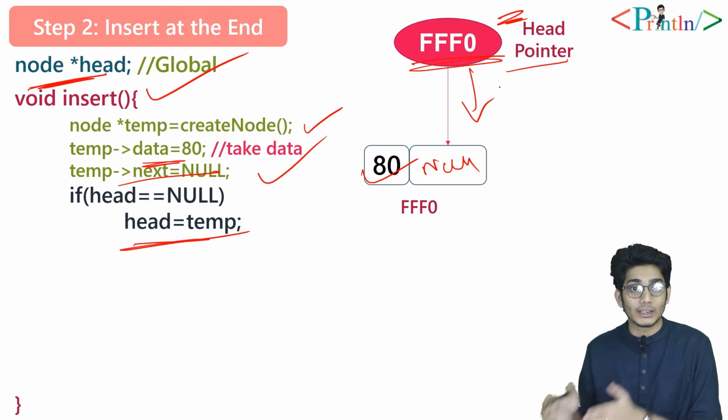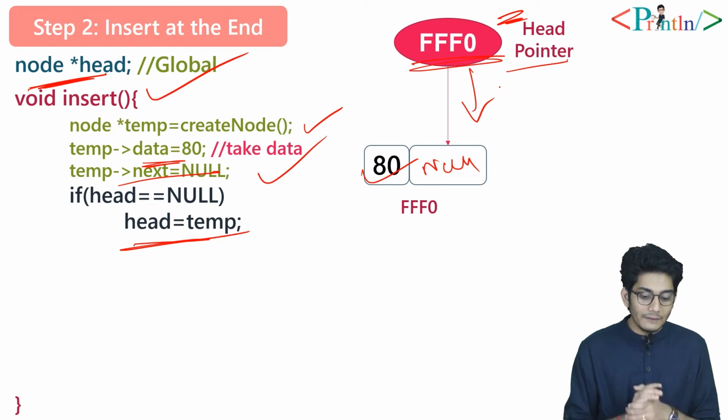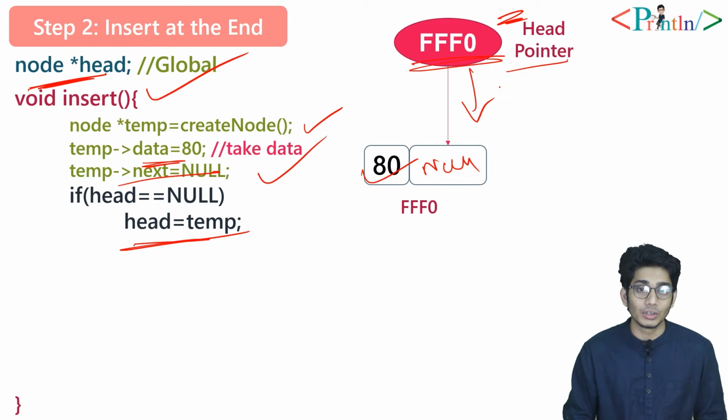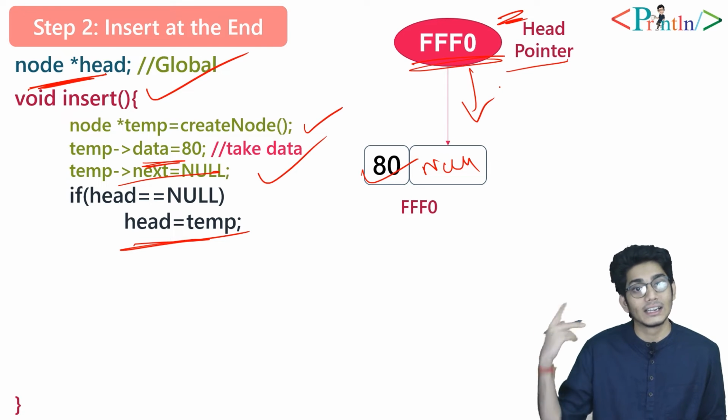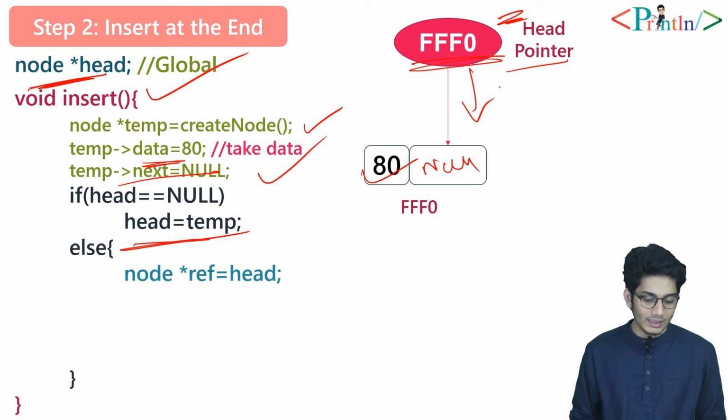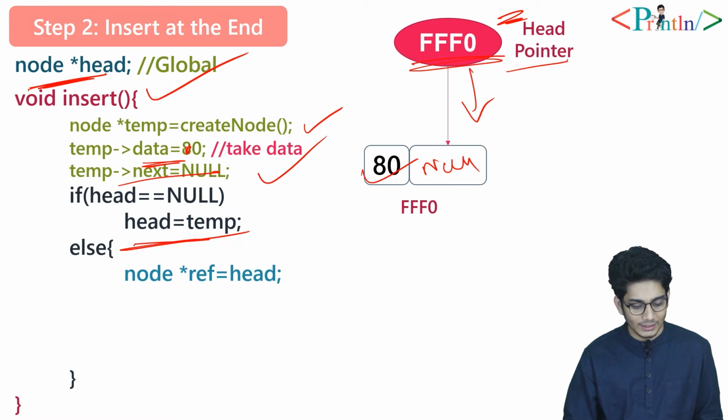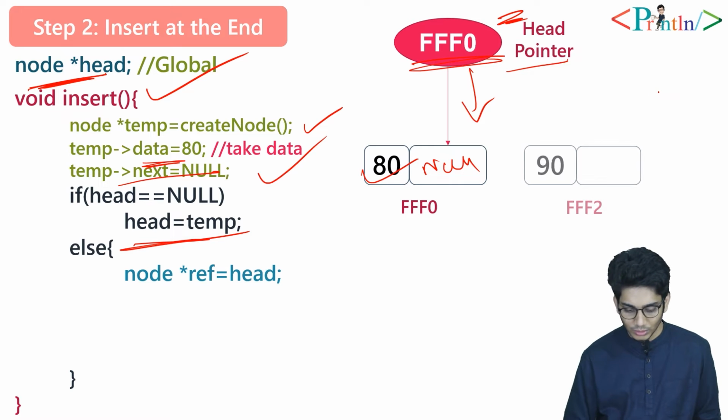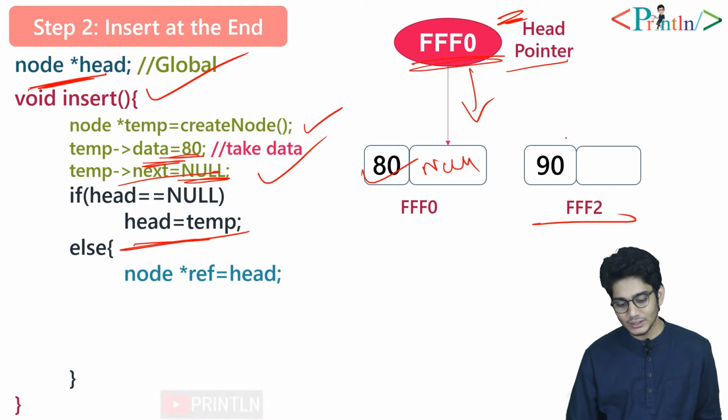In my last video I talked about till this portion. Now if we are trying to add another node, what we need, we have to traverse the entire list until it hits a null. So for inserting another node we have to call this function again. Then let's say that we'll insert 90, or you can assume that we'll insert 90. So we have allocated a node from here, we have added 90 over here, null. So this is the node.